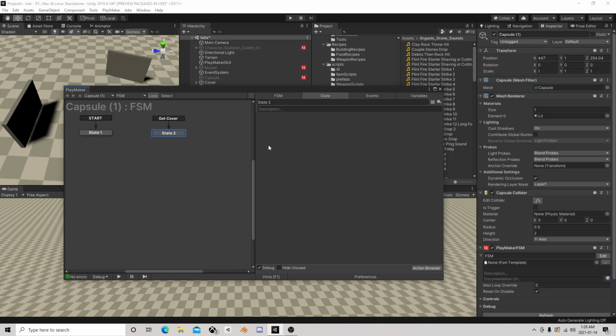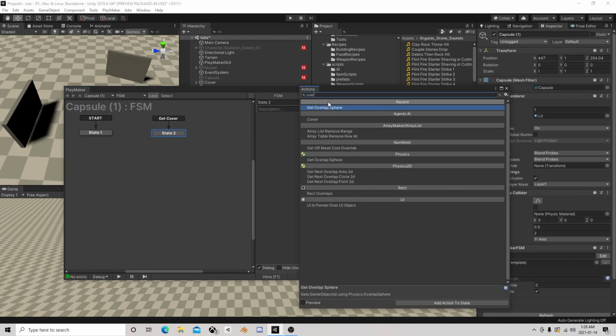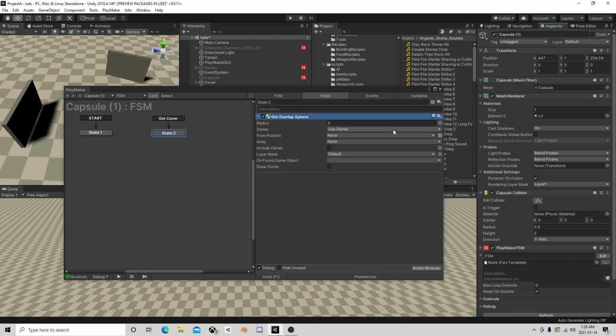So what are we going to do? Okay, we are going to overlap sphere, and I believe that is on the ecosystem radius. So he's going to search in a 20 unit radius, and he's going to store those into an array called covers. And he's only going to search that layer. And if he finds them, then